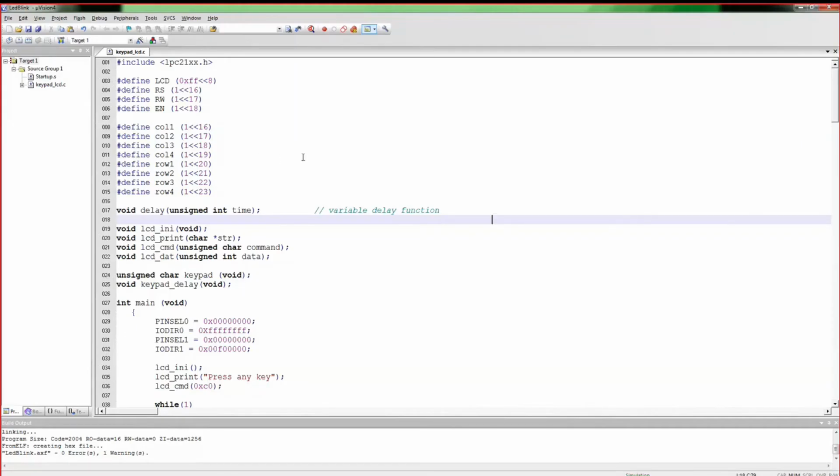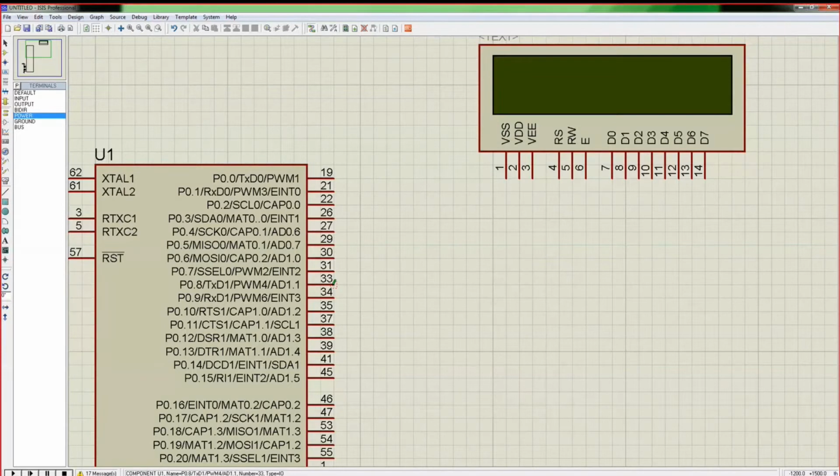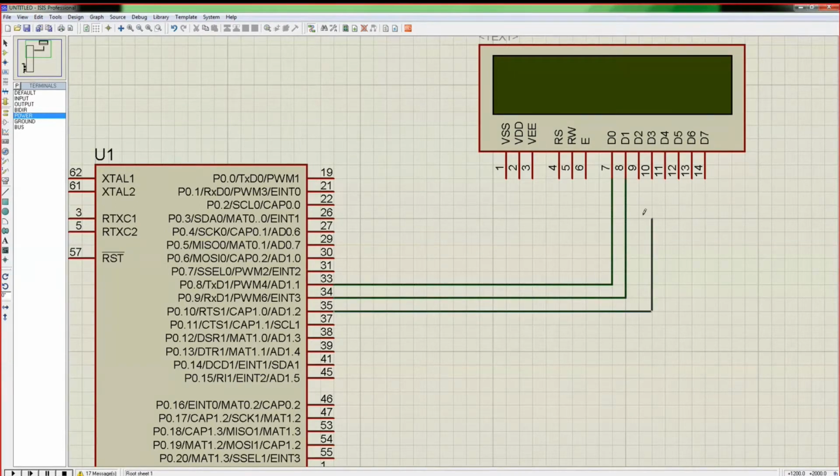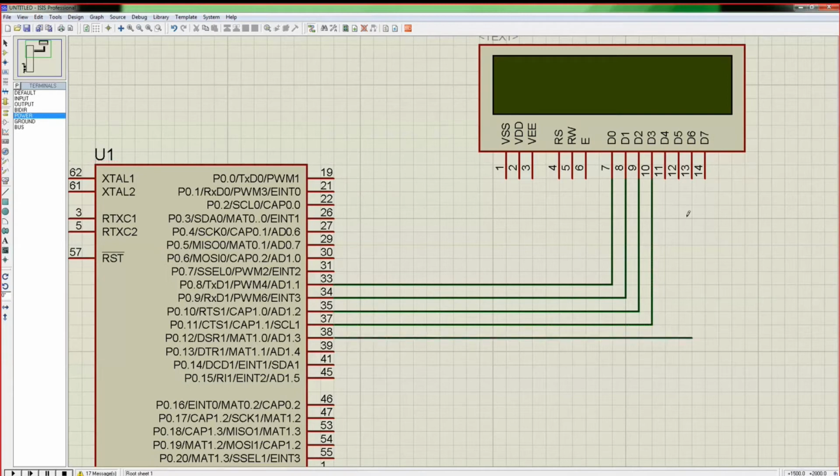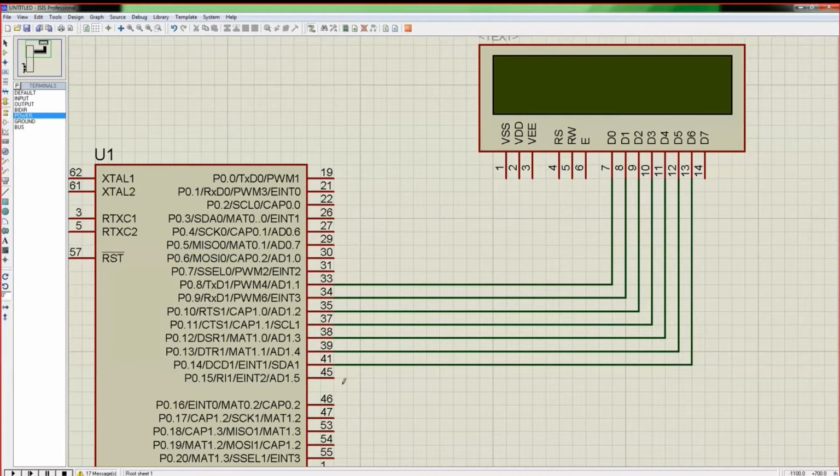That is my data line. 8 to 15, we are connecting to D0, D1, D2 and so on. So I have connected from 8 to 15, right?